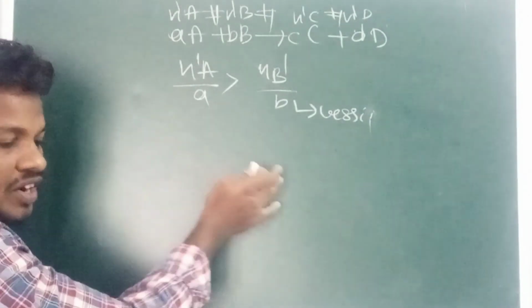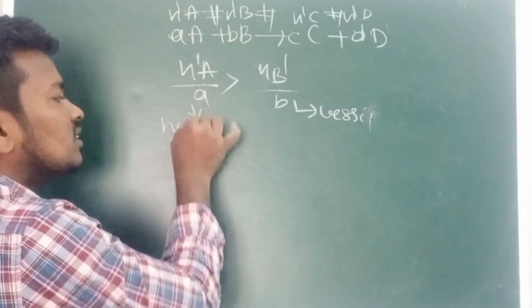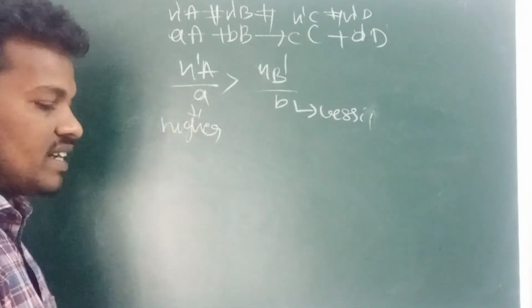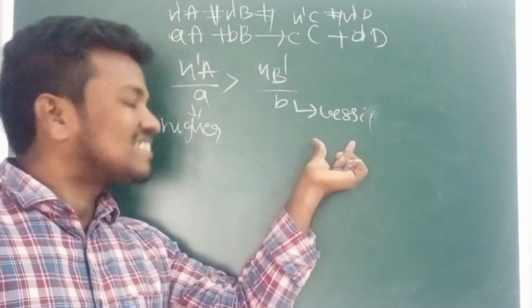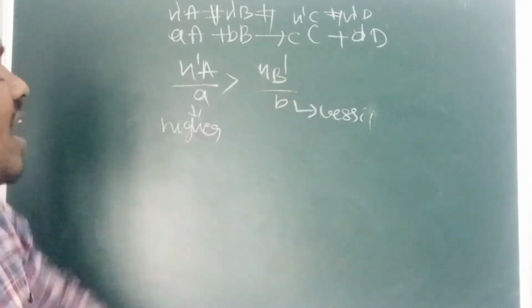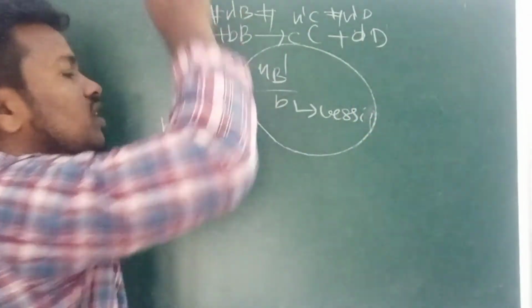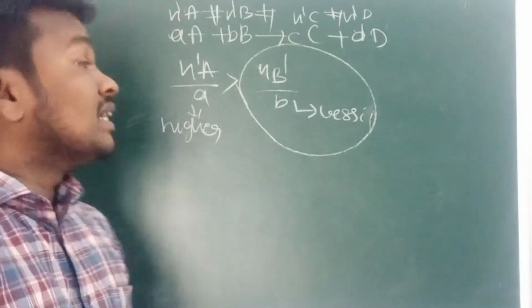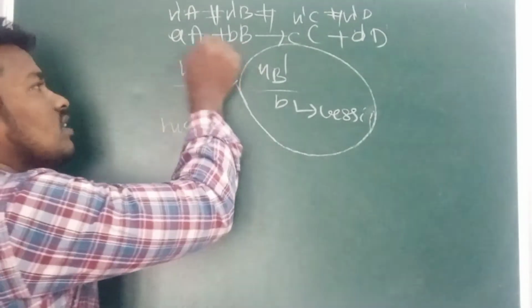If you take the mole ratio, the reactant with the lesser ratio is the one that matters in a chemical reaction. The one having the lesser coefficient and lesser quantity will influence the reaction. It will directly influence the products.